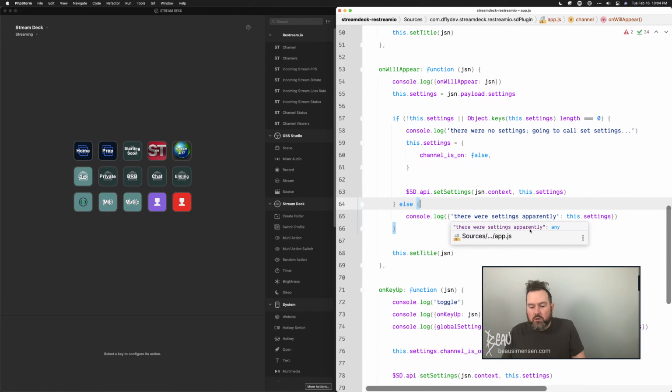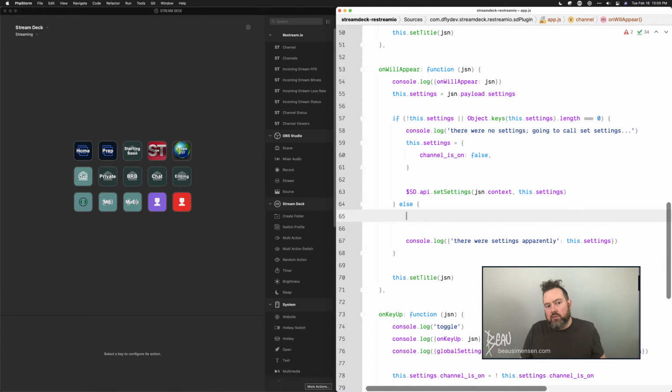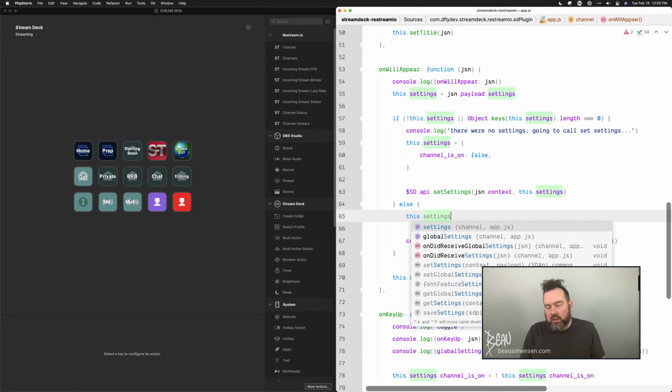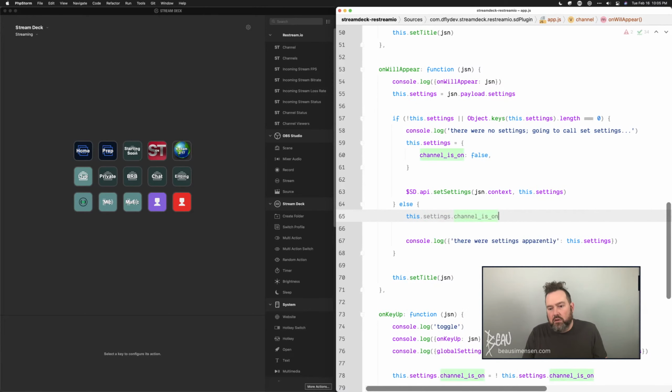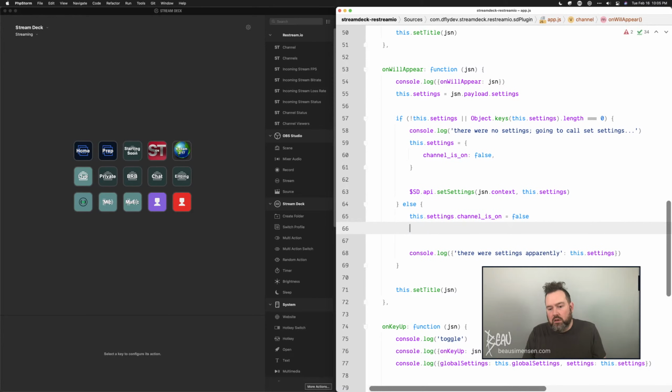In an ideal world, we'd have to explicitly say that every time we want this action to be triggered, it should default to being off. So we're going to do this.settings because we're always going to want to pull Restream to find out the status of the channel. This.settings dot channel is on equals false, and then we're going to